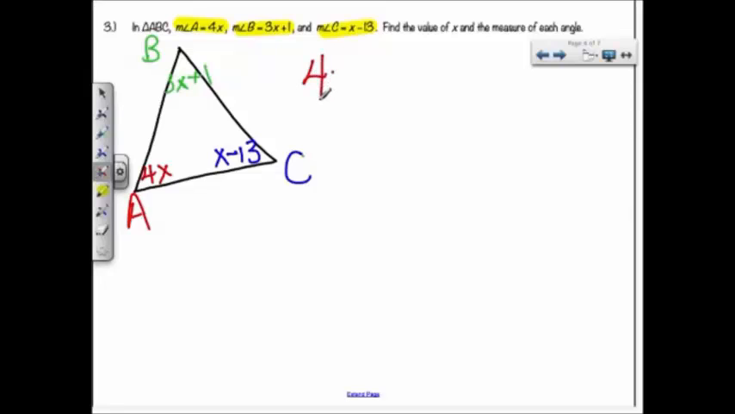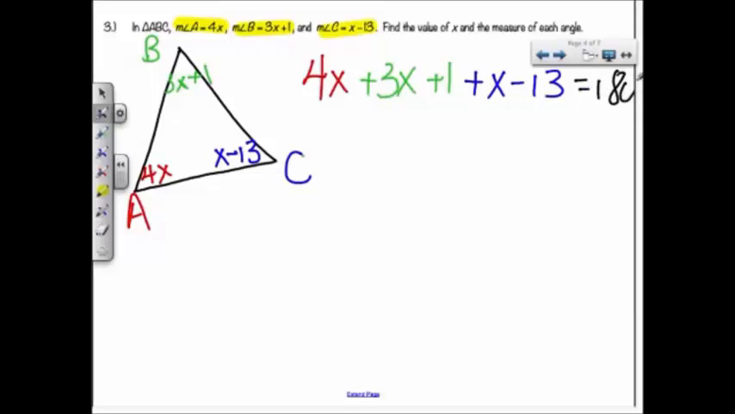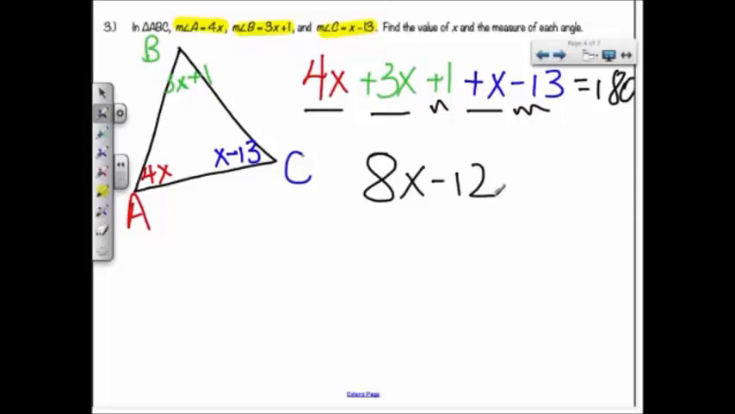So the angle A is 4x, and then angle B is 3x plus 1, and angle C is x minus 13, and I know that that's all going to add up to equal 180. So all I have to do is solve my equation by first combining like terms. So I end up getting 4x, 3x, and x, and that gives me 8x when I combine them. And then I end up getting 1 and negative 13, which gives me negative 12 when I combine them, and